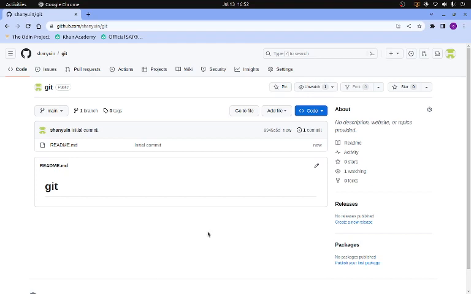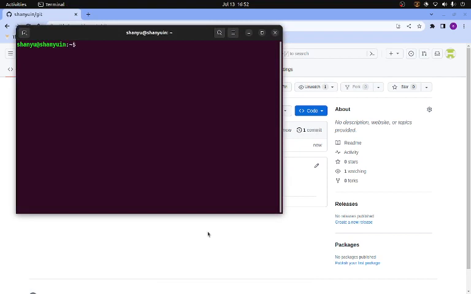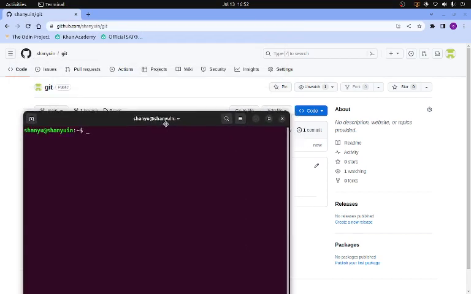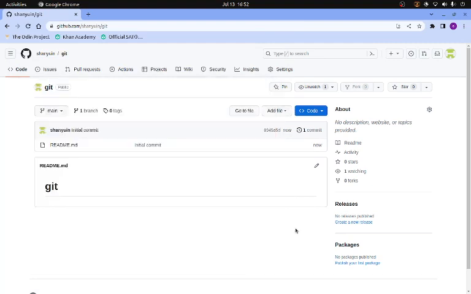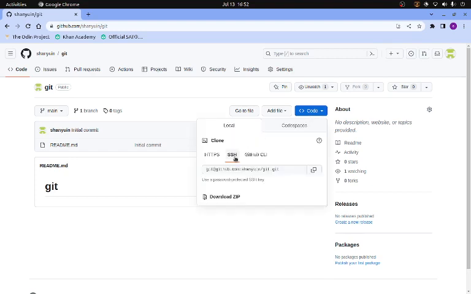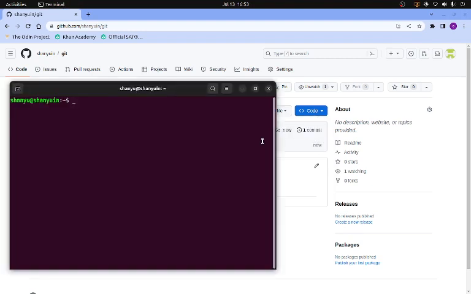Now let me open my terminal, and by the way, I'm on Ubuntu 22.04 LTS. Okay, so I have opened my terminal. When you have created your git repository, just go to this code. I'm copying this SSH link. If you're working with HTTPS, you can work with that also. I'm working with SSH. So now let me open my terminal, and here I'm going to create a new folder,